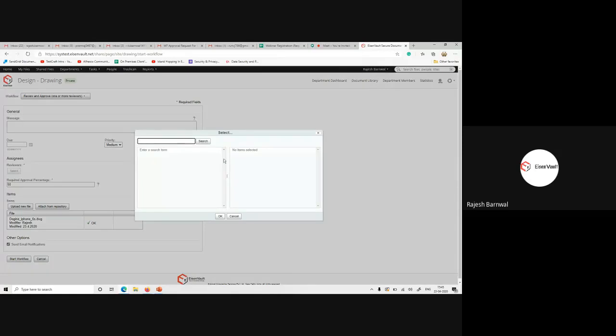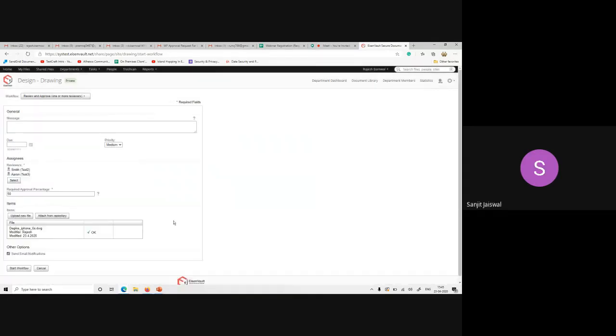You need to add any users, you're not approving it. Just select any two users, and set the due date and initiate workflow.